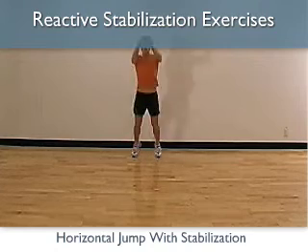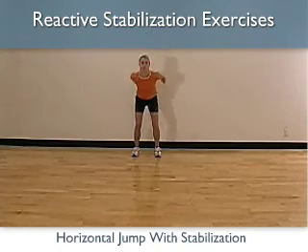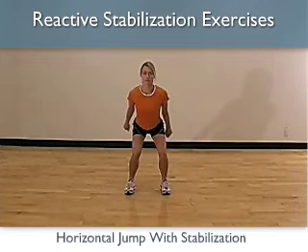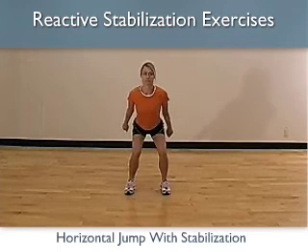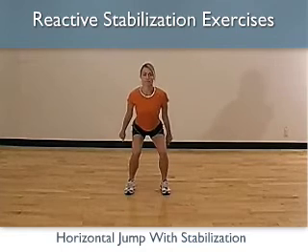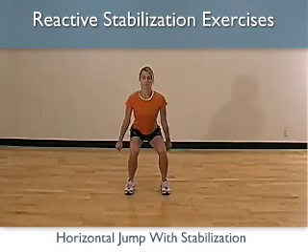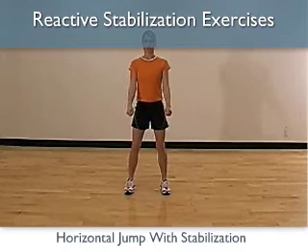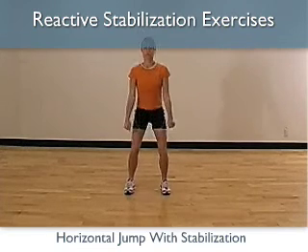The last example exercise is a horizontal jump with stabilization. Stand with feet shoulder-width apart and pointed straight ahead. Maintain the drawing-in maneuver and jump forward, like a long jump, as far as can be controlled. Land softly, maintaining optimal alignment, and hold the landing. Repeat as instructed. As a progression, one can perform in the frontal plane, or jump to the side, and the